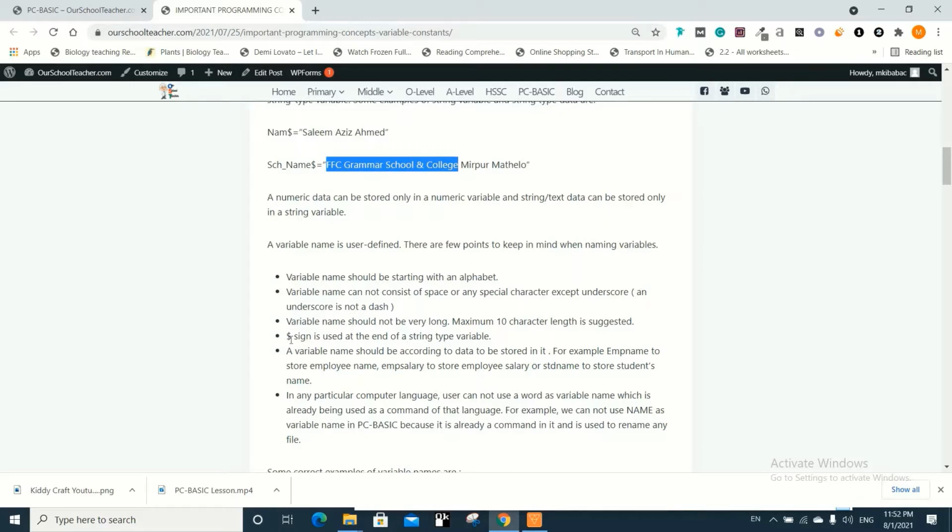So whenever we are going to store any text, we need to write a $ sign at the end of the name of the variable. Just like this, NAM$. It is suggesting itself that I am going to store a name here, and here I have stored Salim Aziz Ahmed.